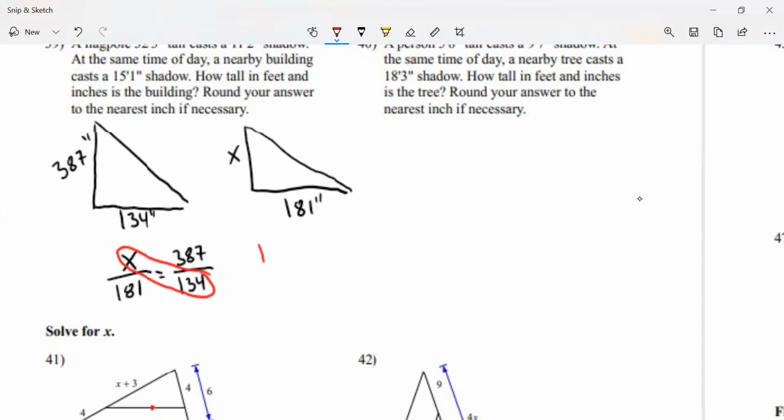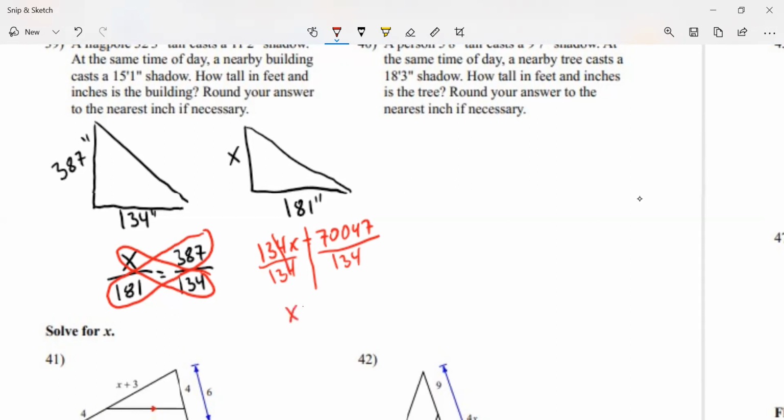134 times x is 134x. And then 387 times 181 is 70,047. I know it's pretty big, but we're using a calculator, so we're fine. I'm going to separate my sides through the equal sign. Let me divide both sides by 134. So it gives me x is equal to